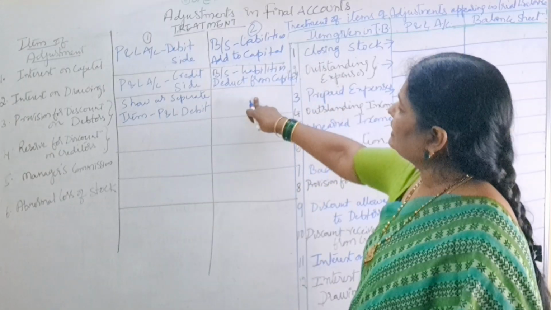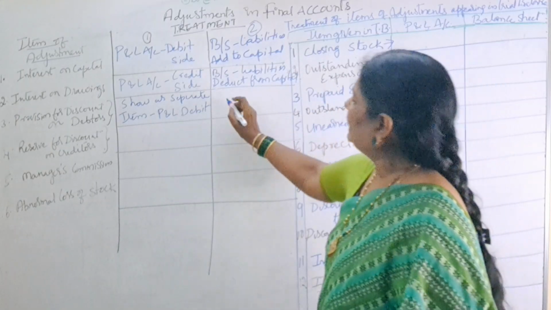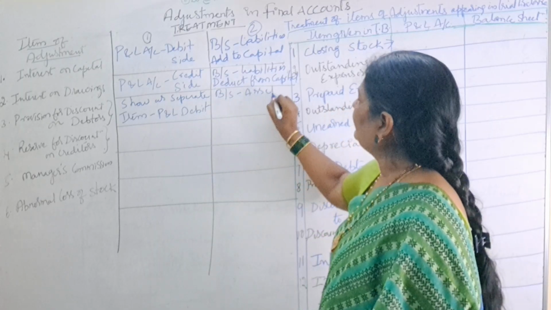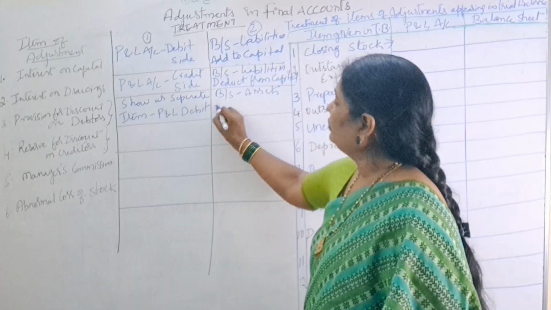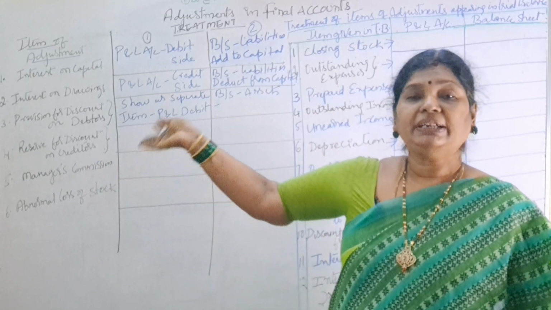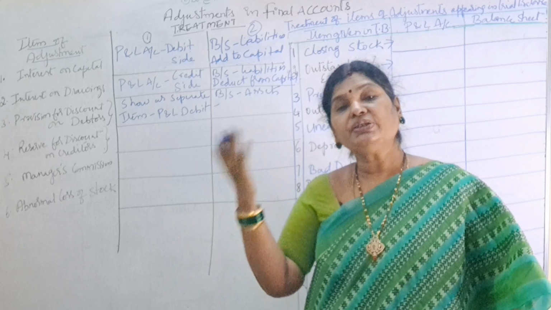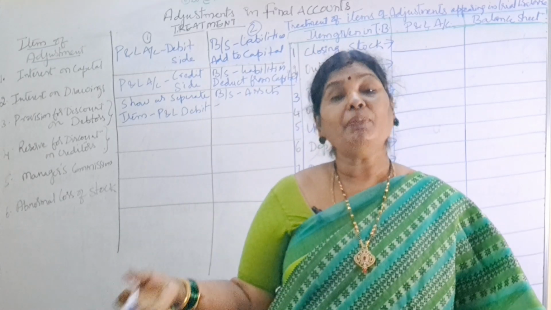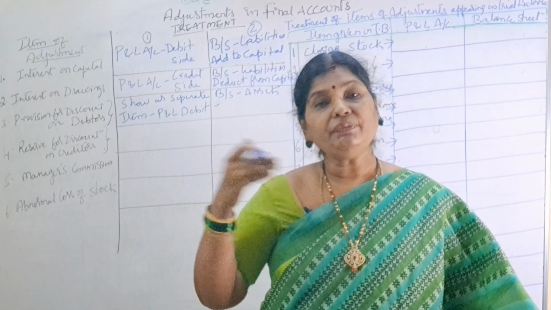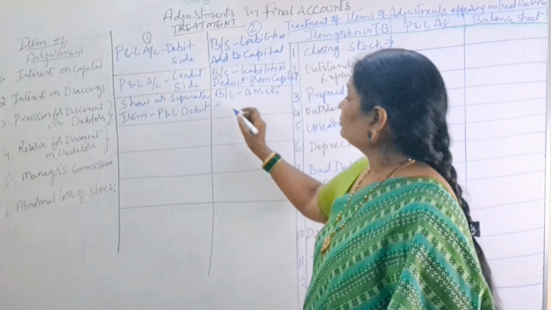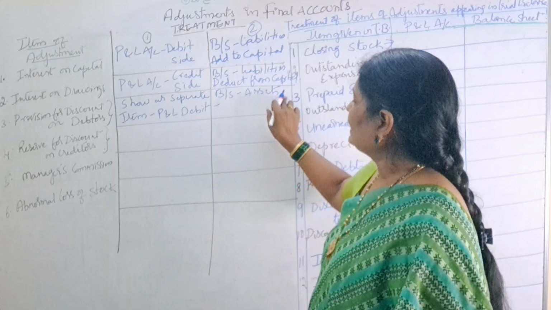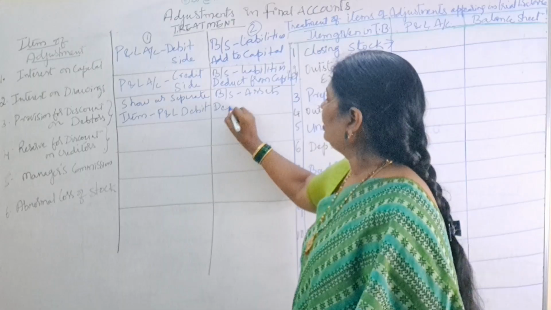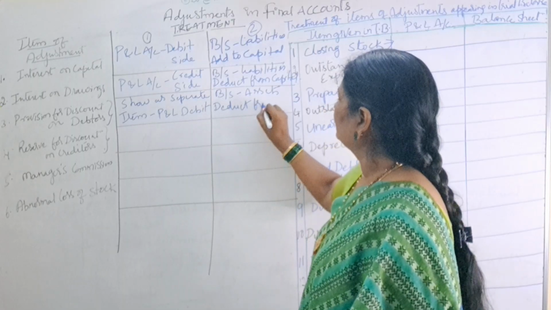Right. Next, what's the second effect? Go to balance sheet. Under balance sheet, which side do you have to go? Asset side. Why do we go to the asset side? Because we have to deduct from debtors. Debtors, sundry debtors, means those to whom we sold our goods on credit basis, or to whom we have paid any amount. We have to recover that amount in future, right? So where will you show it? Balance sheet, asset side, deduct from debtors.